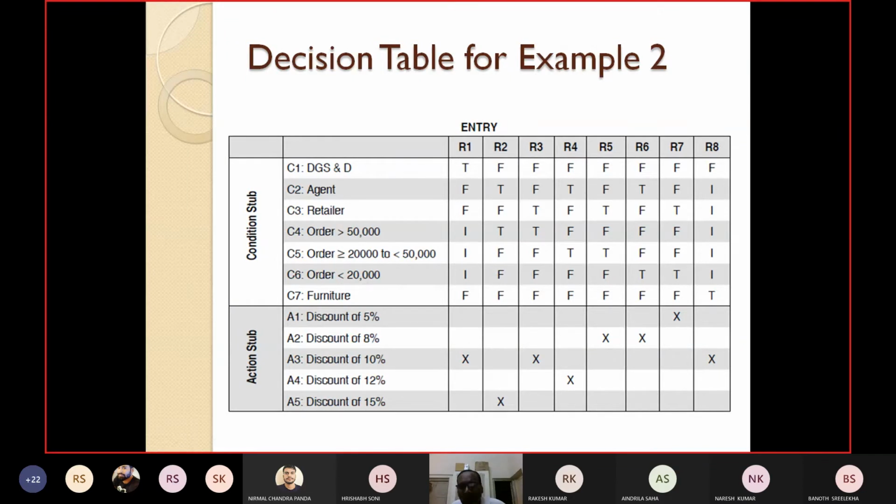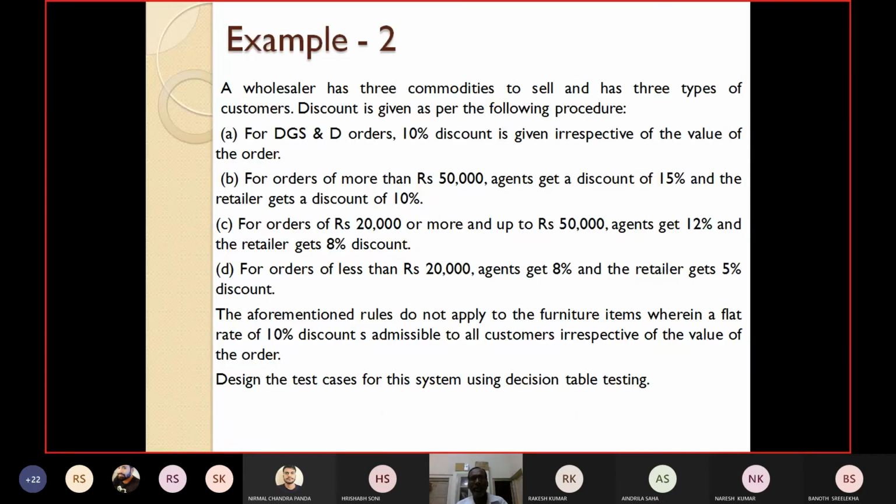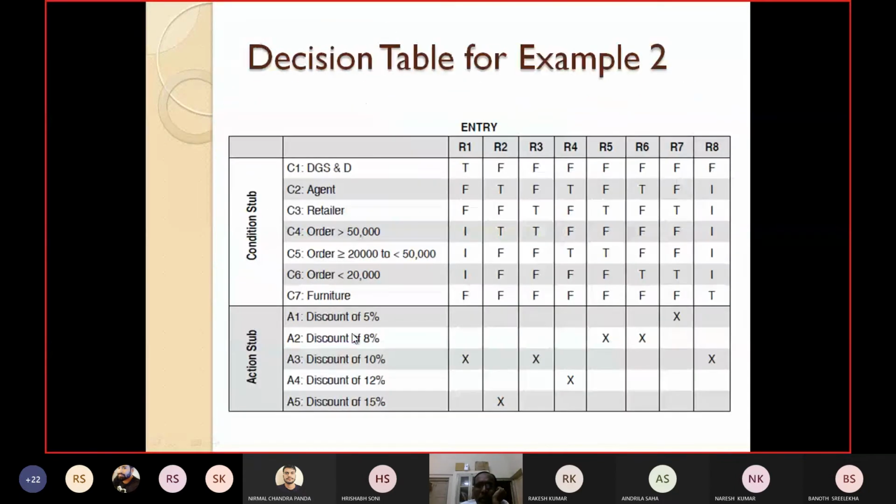I have to consider all the permutations of the combinations of the conditions. So first of all, let's see one thing. If it is a DGST order, the first condition, what do you have to give? 10% discount. So now I have taken DGST as true, and it is not an agent or retailer, because nothing is mentioned.